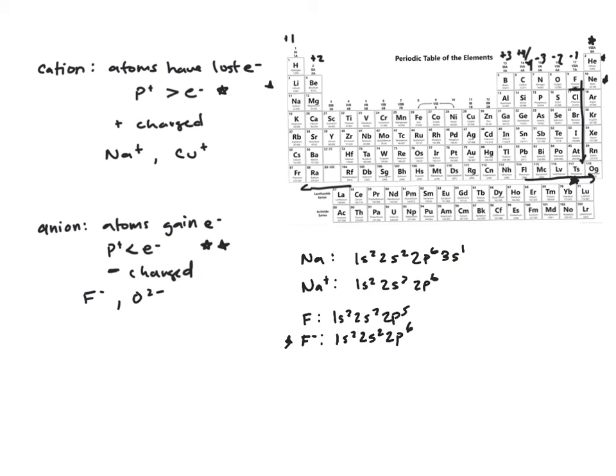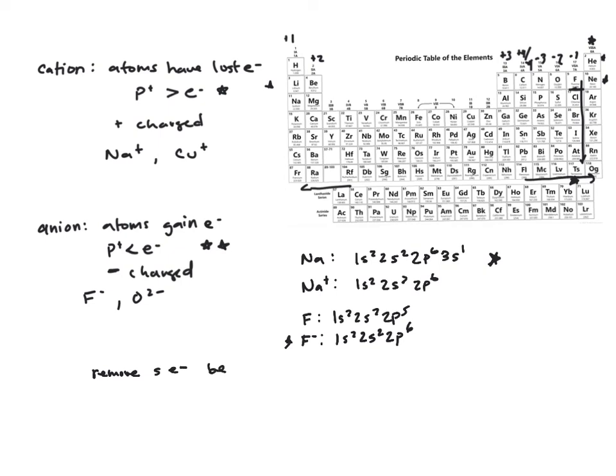But I also want to show you something when talking about transition metals. There's a little bit of difference there, and I want you guys to see this. With transition metals, something really weird happens. When we remove the electron from the sodium atom to form the sodium ion, we removed it from the 3s1, whatever was at the end of our electron configuration. That works really well for main group elements. However, when we talk about transition elements, you always need to remove s electrons, or electrons residing in the s